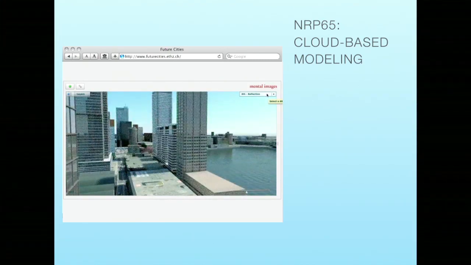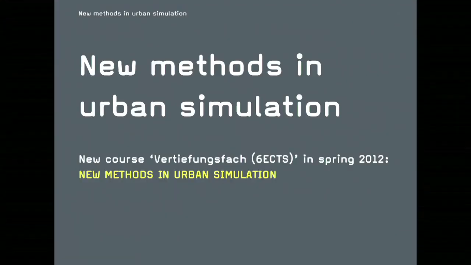So this is all this grammar-based design or modeling thing. And if you want to know more about that, next spring there's a next advanced course. And if you'd like to be there, I would be very happy to see